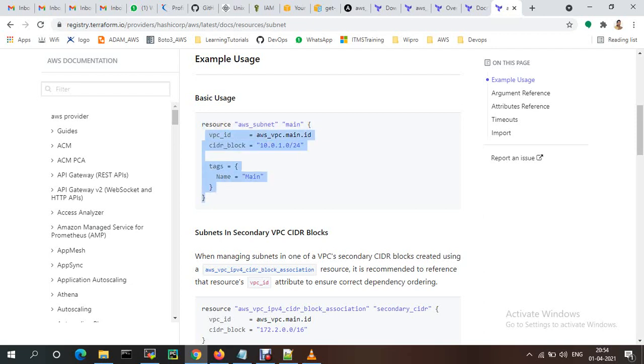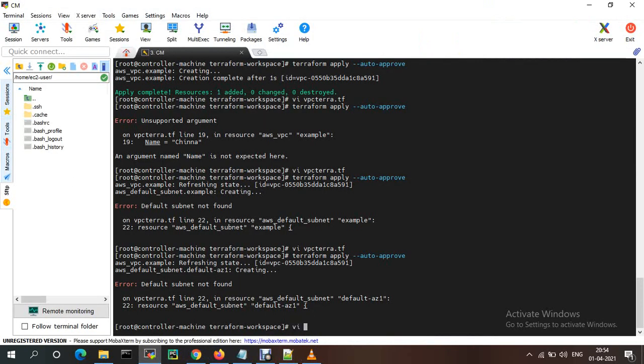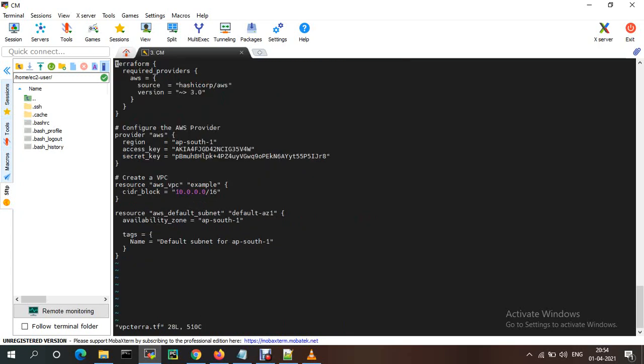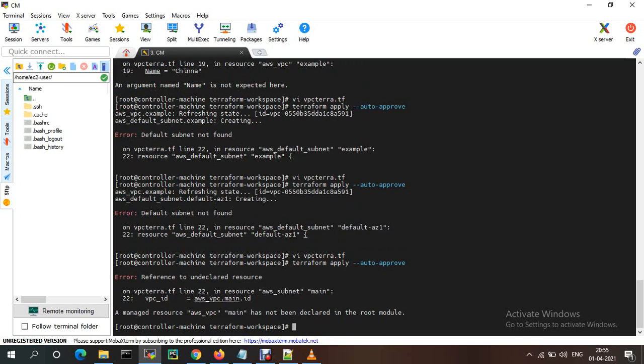I'm just giving this one, which is main, aws_vpc.id.